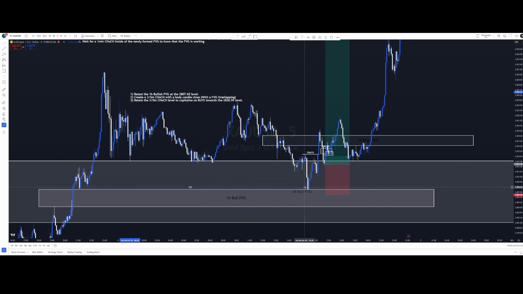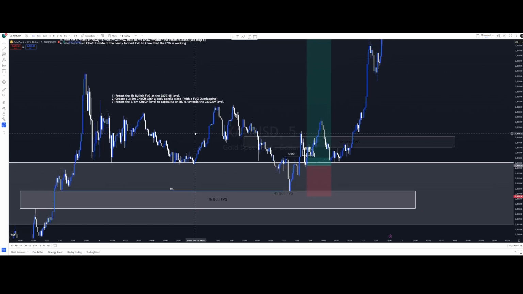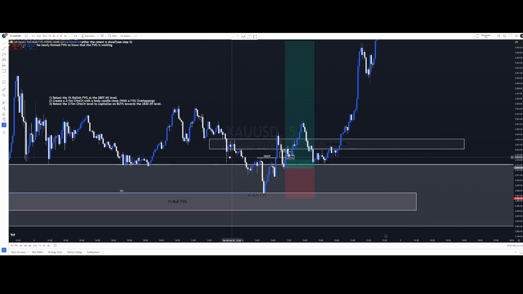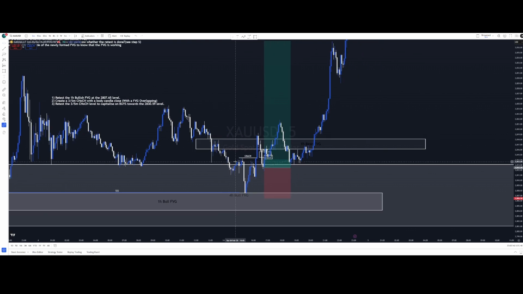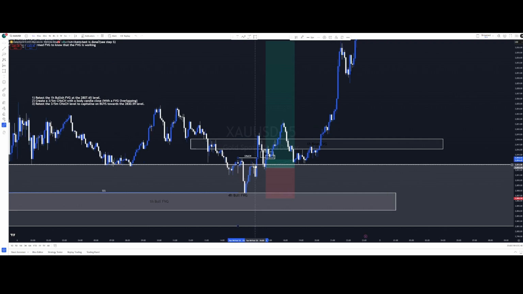So when price retested the 2807 level, there's also a sell side liquidity sweep inside the 1 hour bullish fair value gap. After that, they were looking for a 3 to 5 minute change of character with a fair value gap overlapping, which is what happened. So price came up with a change of character with a body candle close and created a 5-minute bullish fair value gap. After that, there was a retest of the 3 to 5 minute to look for buys. So they entered at the 2812.5 level,